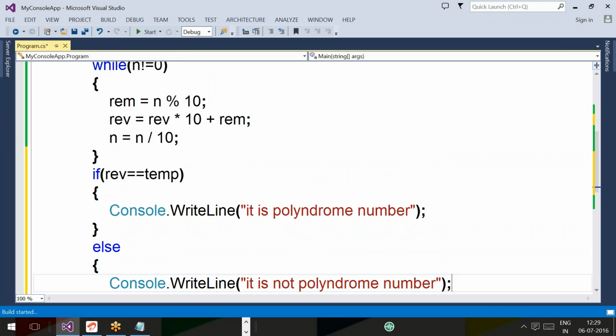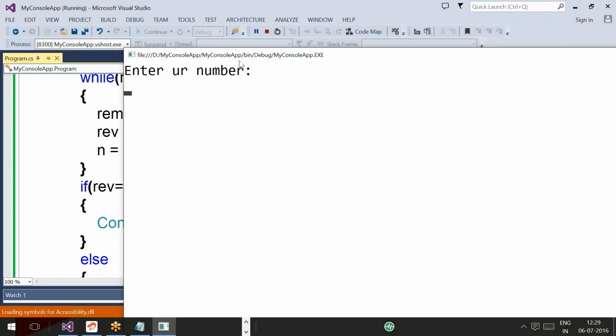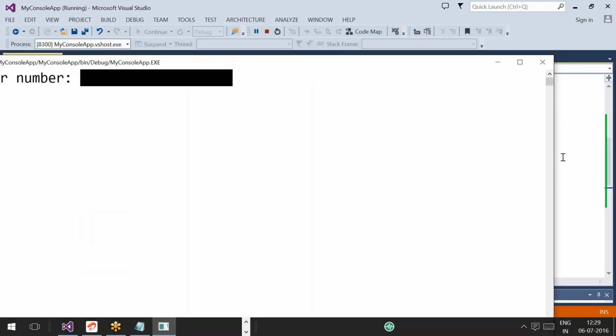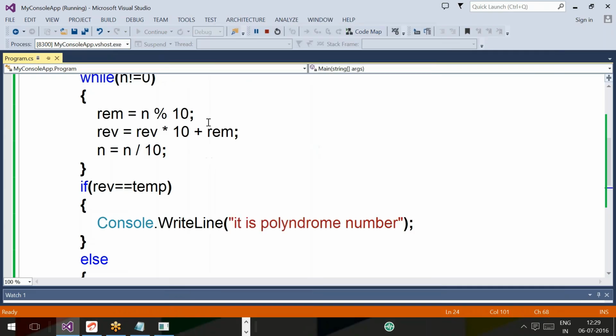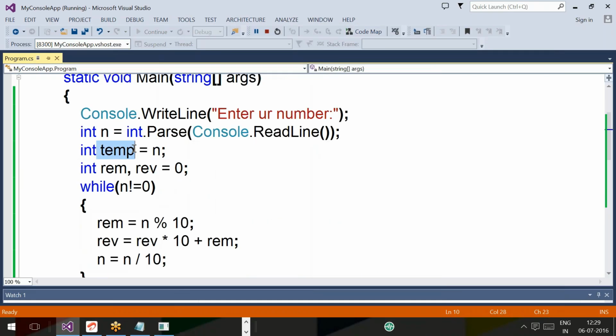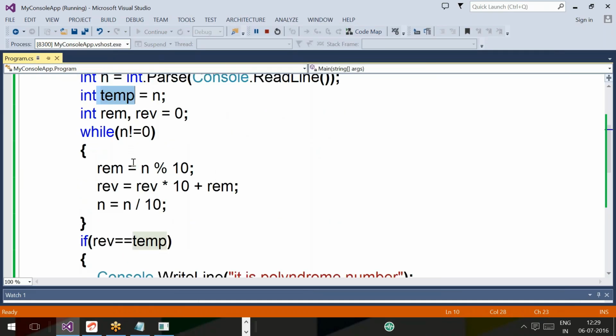All of you get ready. 1, 2, 3. Not palindrome. 1 minute. 1, 2, 3 is stored into temp. Finally,